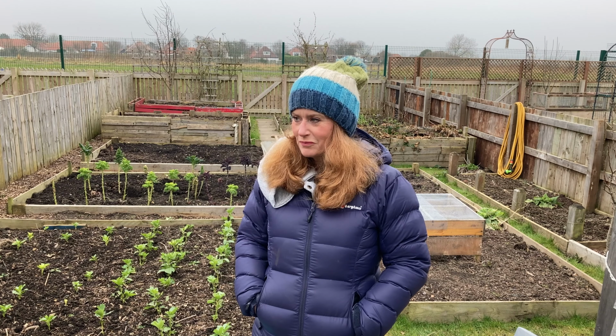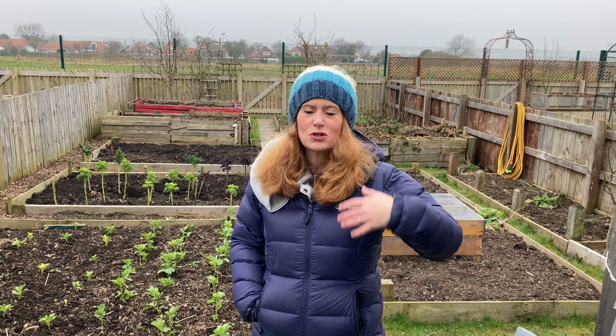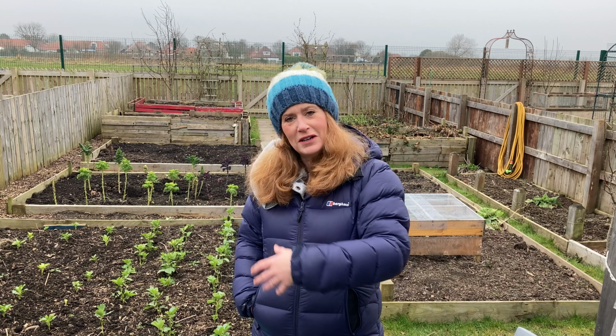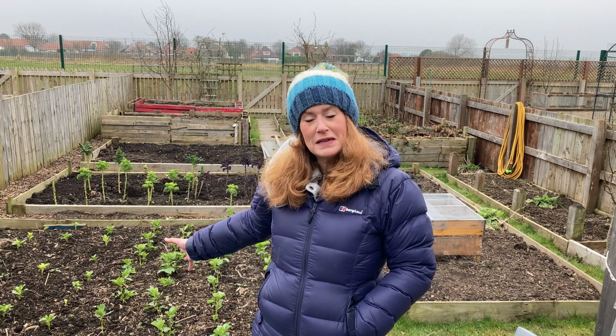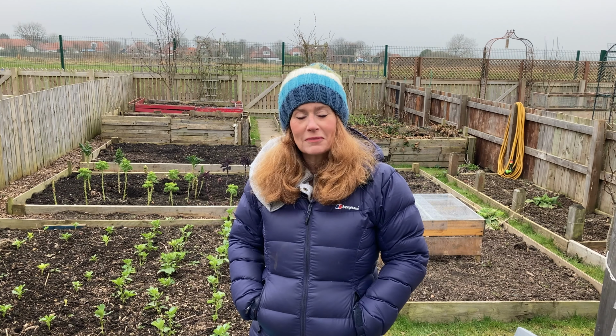So I did try last year without a great deal of success, but what I really want to try and do is use each border twice, or use as many borders as I can twice, having an early crop and a late crop. So for this broad bean border, which I've just been thinning out,